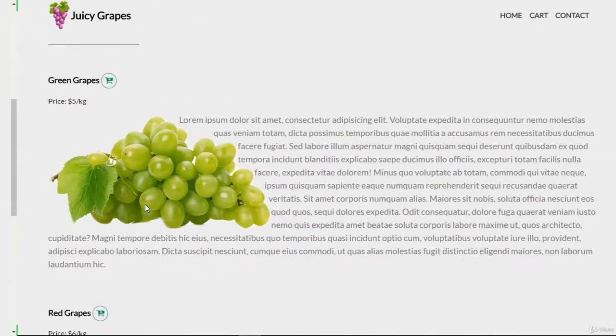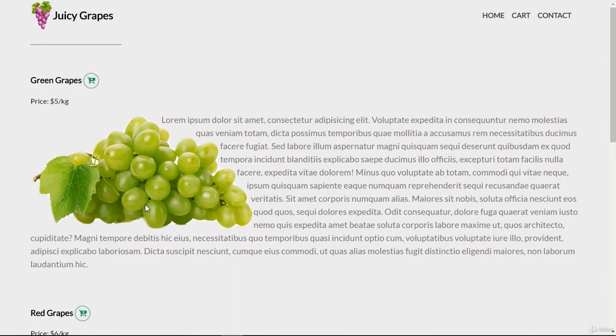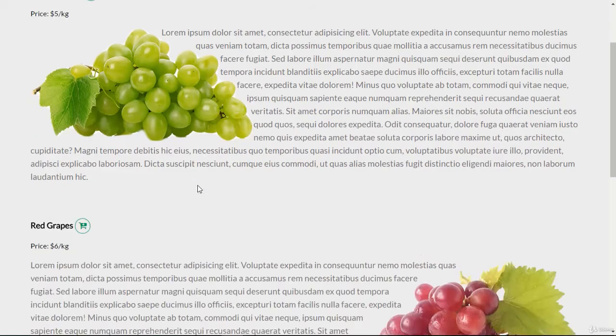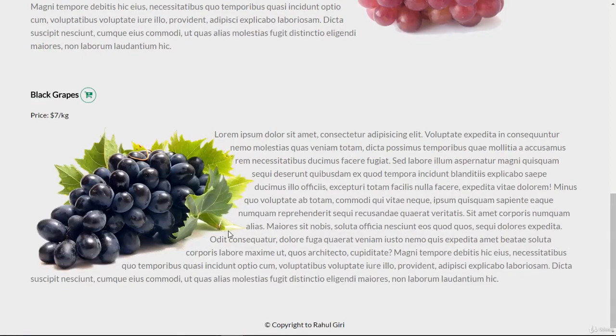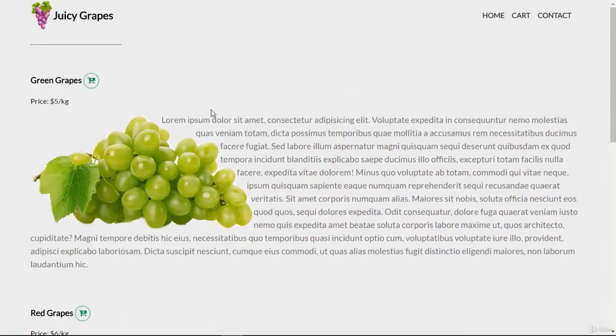So let me get back to here, and you can see this is the website we are going to turn it into. You can see now our content is exactly flowing around our shapes here. You can see this, right? So yeah, these are extremely stunning web pages made by using native CSS shapes.